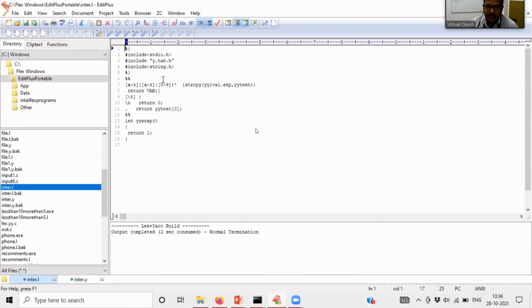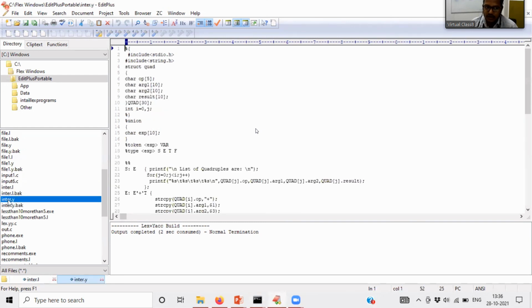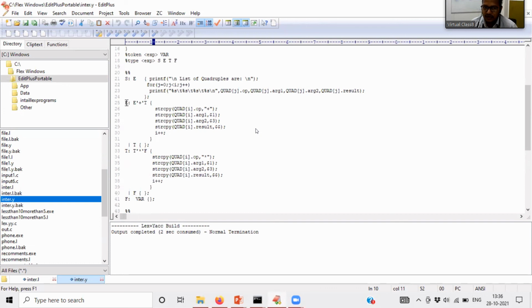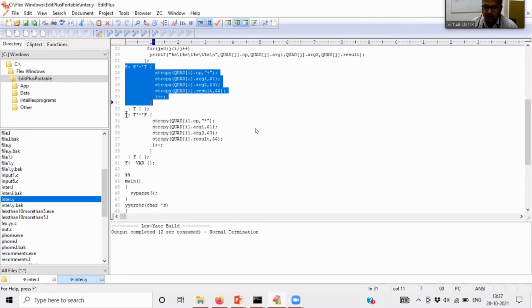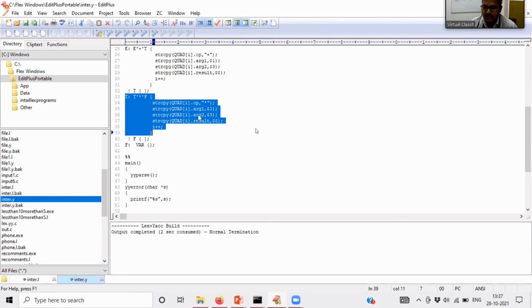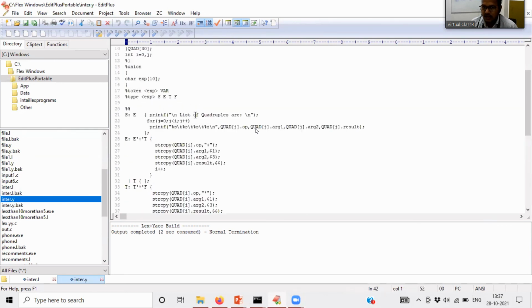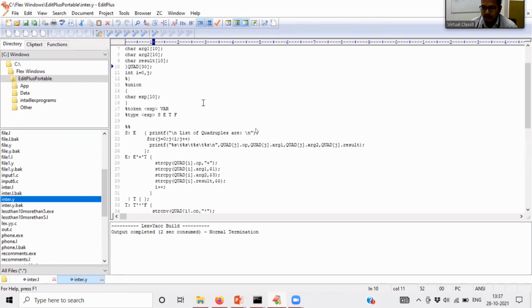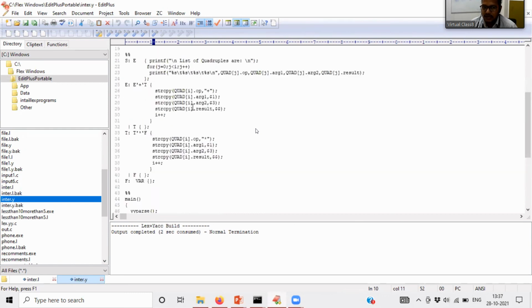The first one is lex, for bringing the tokens and giving them to the YACC program. So the YACC program, whenever we get a plus or a multiplication, based on that it gives the output. This is like an operator, argument 1, argument 2, and result. This is by using a structure that they used here. Based on that, we are going to execute it.